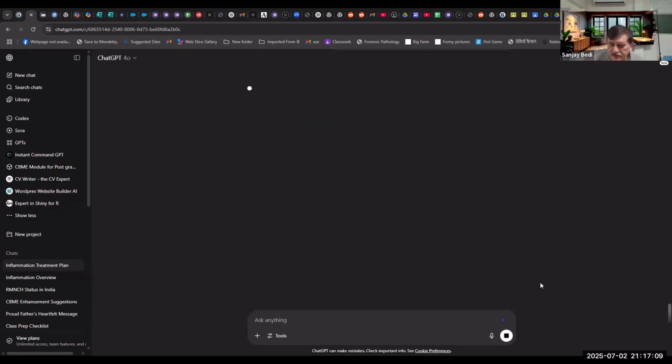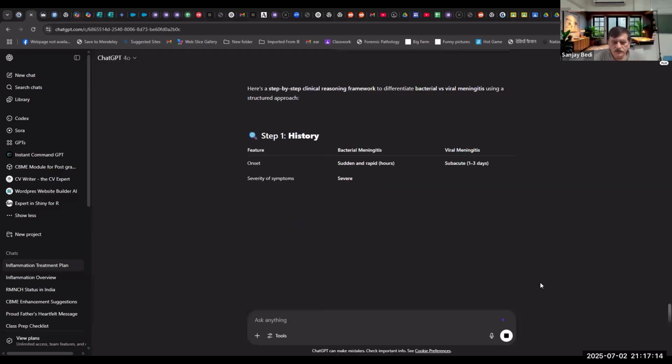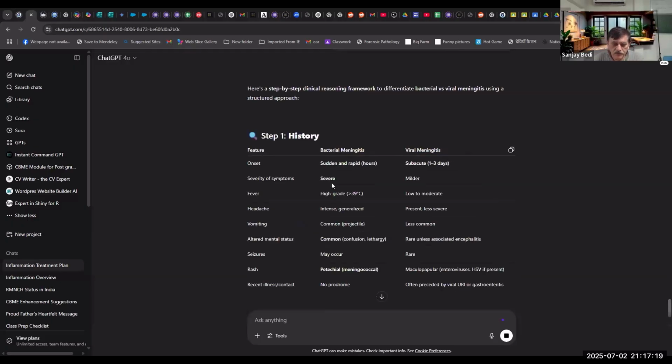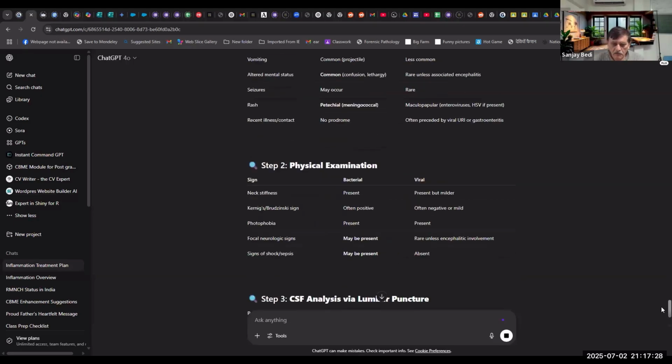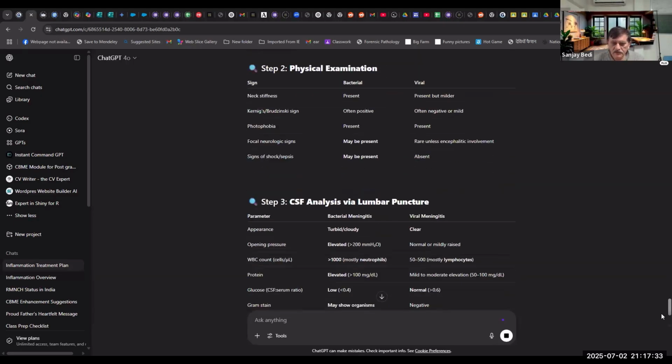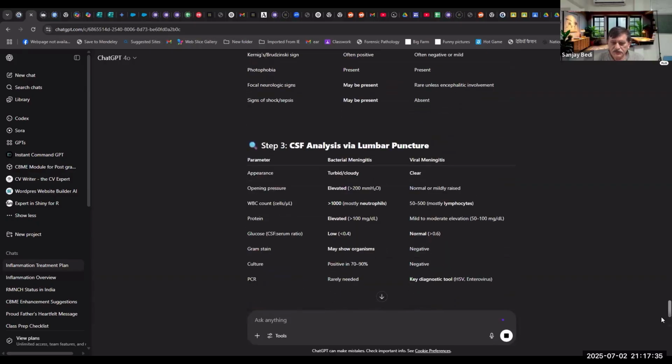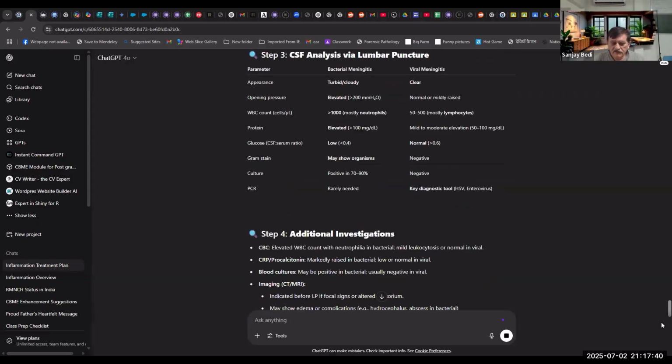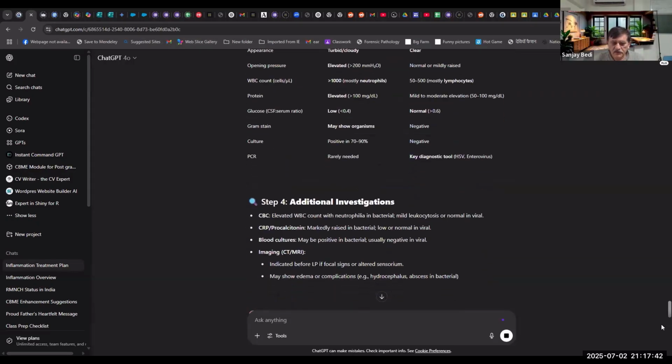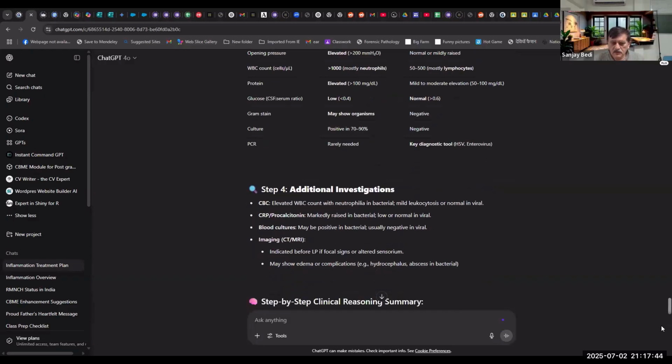And we have also given it four steps. History, differences between bacterial meningitis and viral meningitis, then physical examination, then CSF analysis, then additional investigations: CBC, CRP, blood culture,